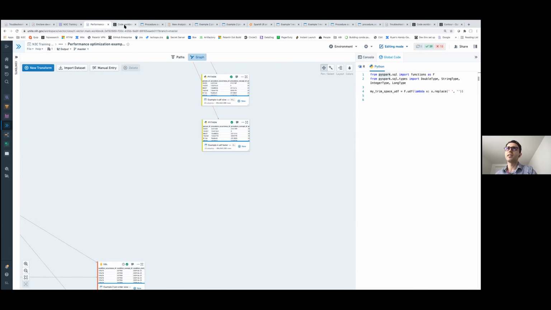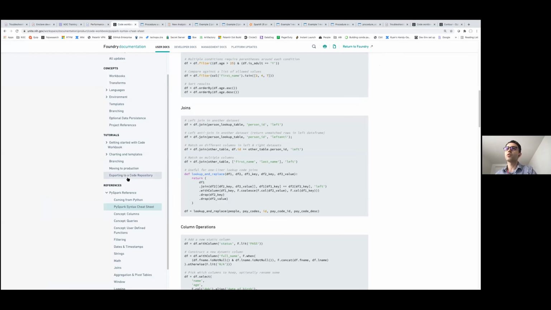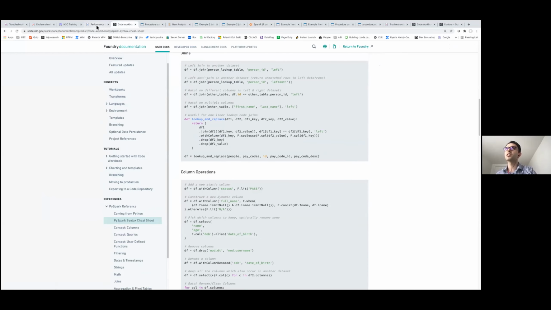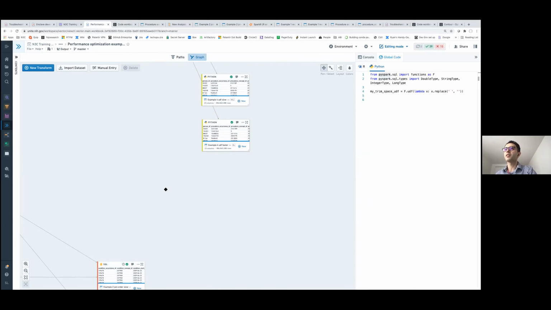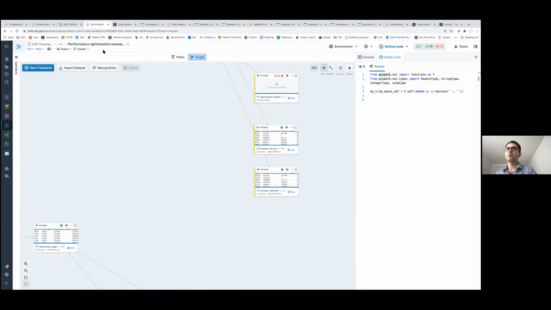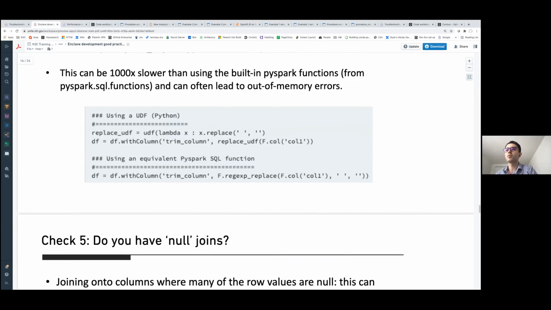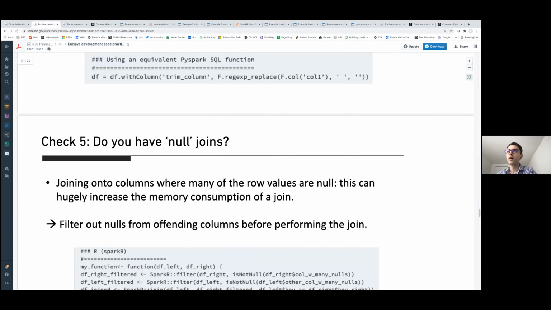Again, in the code workbook documentation, we have cheat sheets for all these built-in functions, both for R and Python. So that's on UDFs. The key takeaway is avoid them as much as possible. Sometimes it's hard to avoid them when the built-in function doesn't exist, but when it exists, they should be avoided.